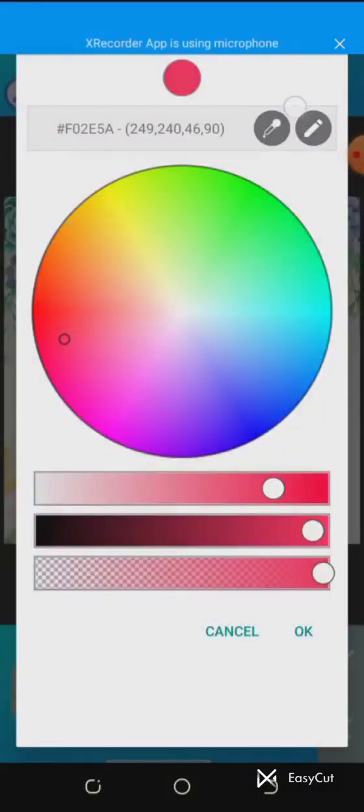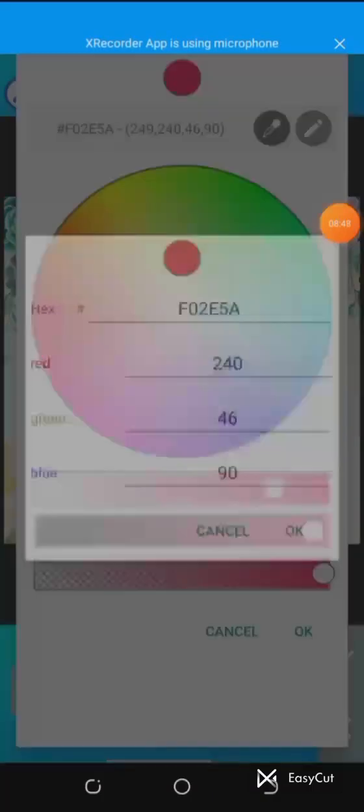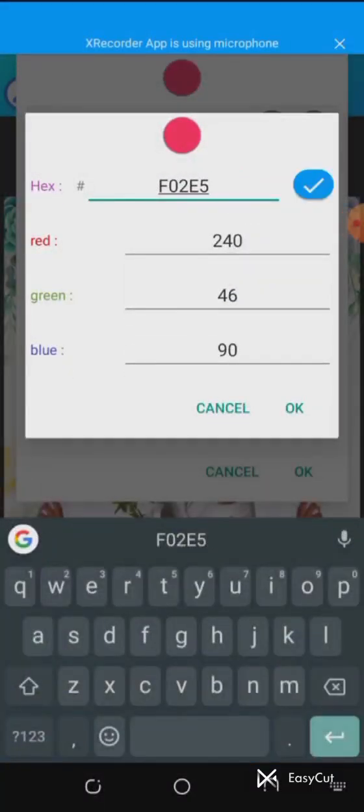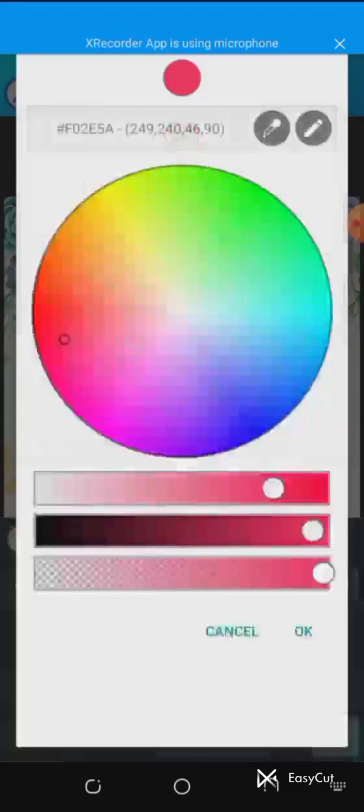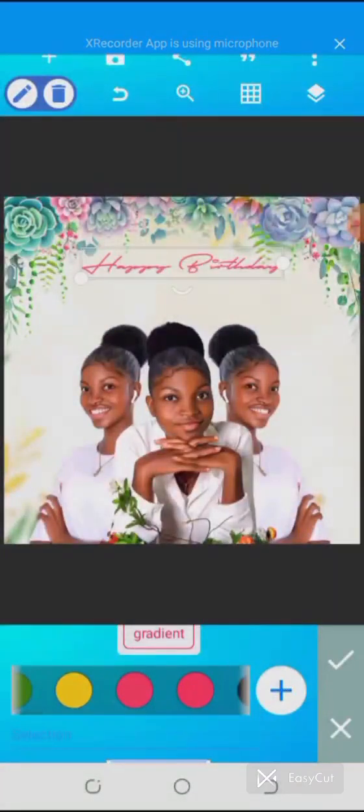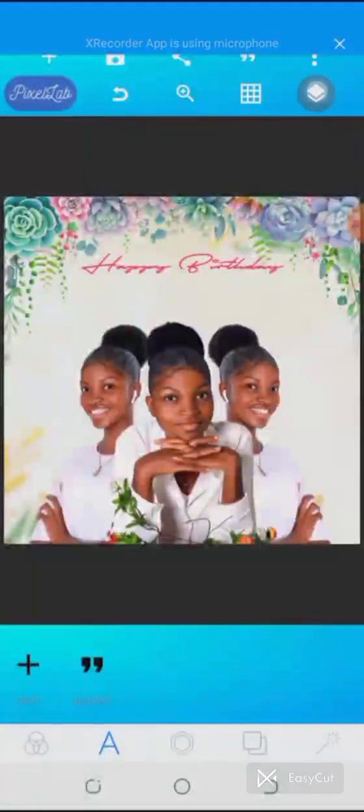F02A5A, right? If you want to type it in, you use the second color selection, here, tap on it, right? And then you just add up everything. Once you're done, you mark okay, right? So you see that, so that's that. I believe it's understandable enough. All right, so let's lock that, and then a